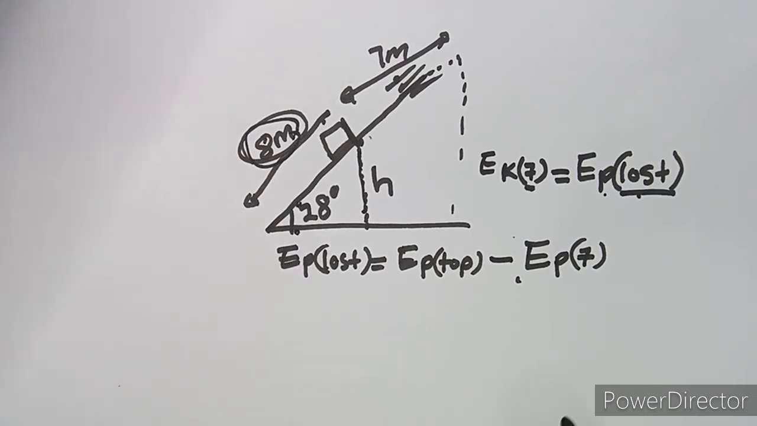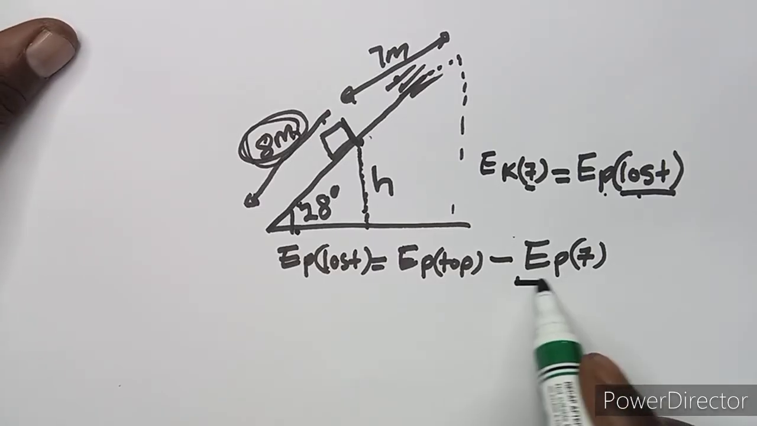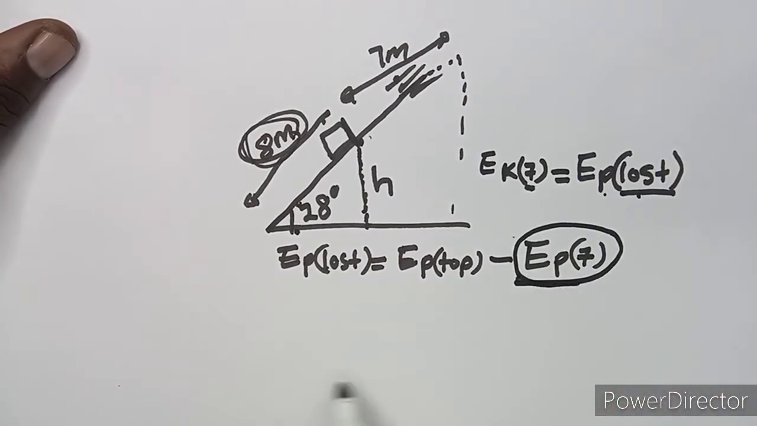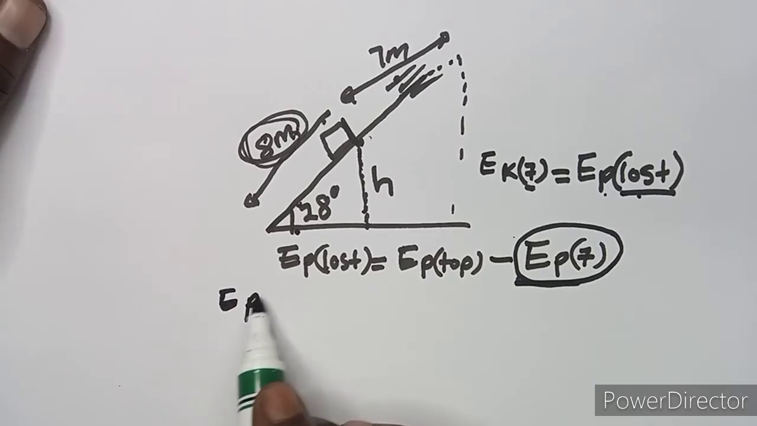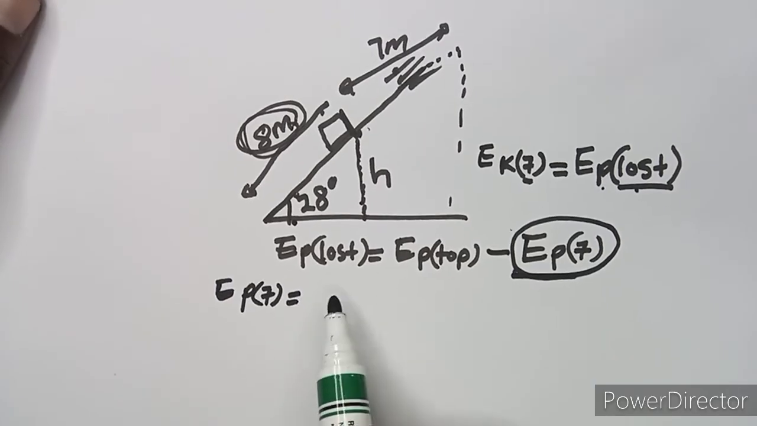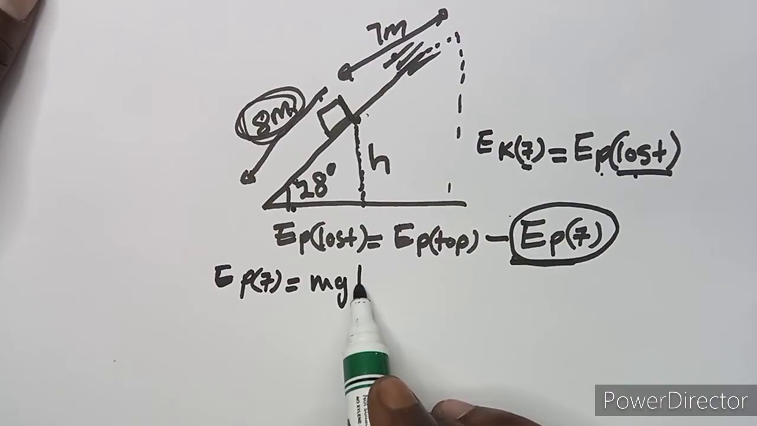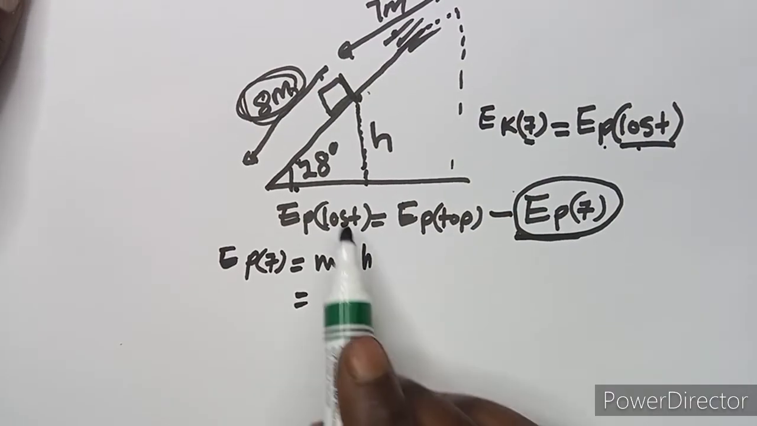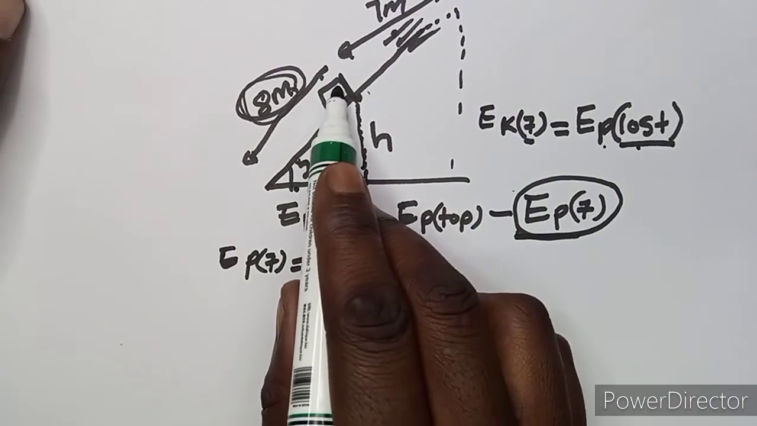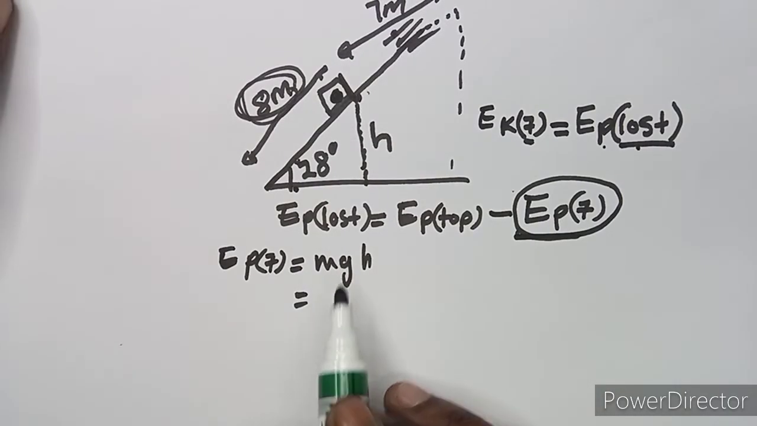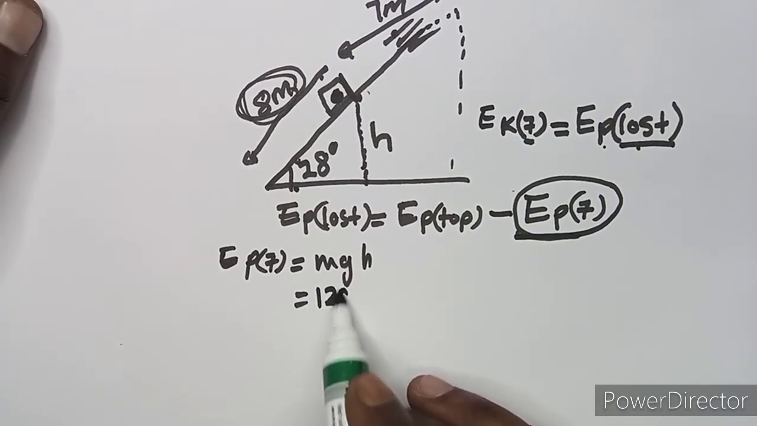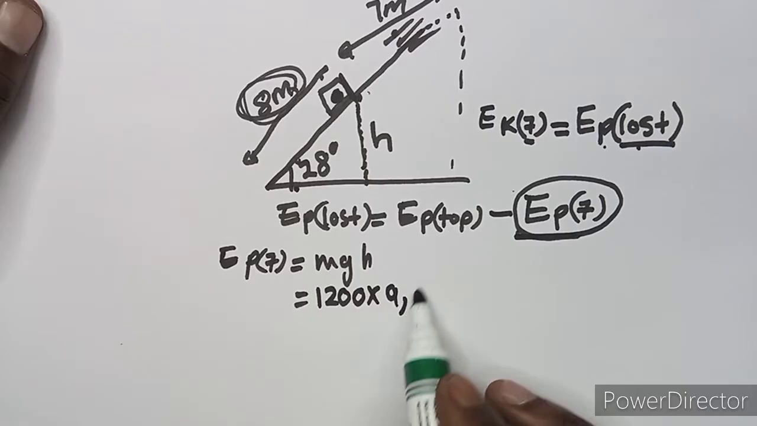Okay, so that is why the potential energy is going to change. Which means you have to find the potential energy after moving 7 meters. So this is after moving 7 meters, so it's going to be mgh. The mass is not going to change, it remains as it was, 1200 multiplied by 9.8